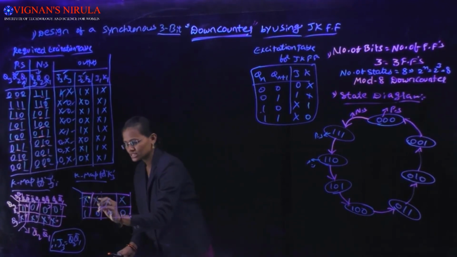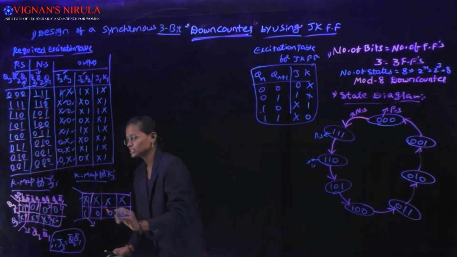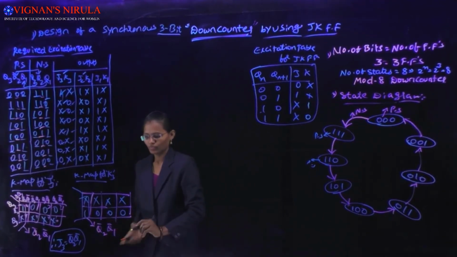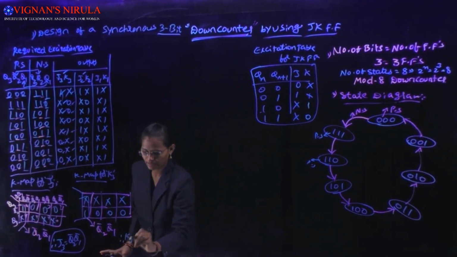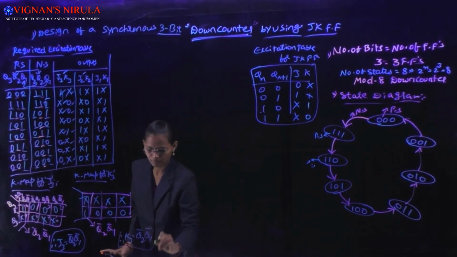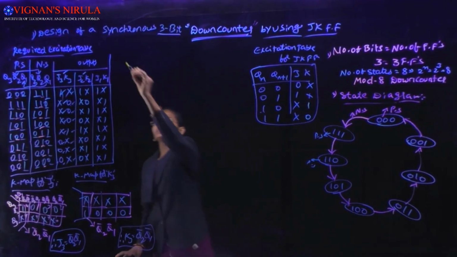Here the grouping is these both. Okay, in this the equation is also Q2 bar, Q1 bar, and finally K3 equal to Q2 bar, Q1 bar. Okay, and next K-map for